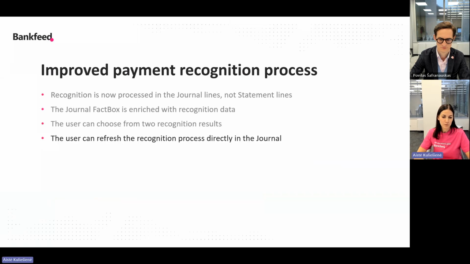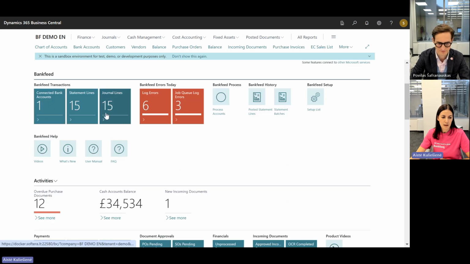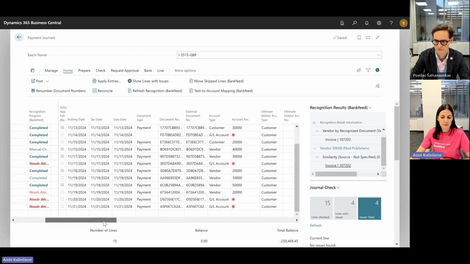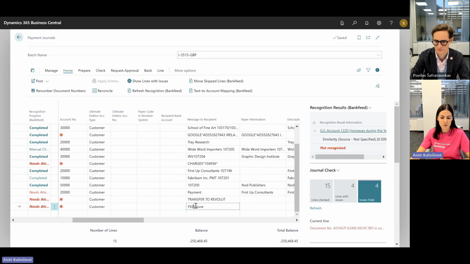As I told you, from now on, we don't have to go to statement lines to refresh recognition. So we can refresh recognition directly in the journal. So for example, we open journal lines and we see a payment which was not recognized, and we can find, for example, the word fees in the message to recipient.